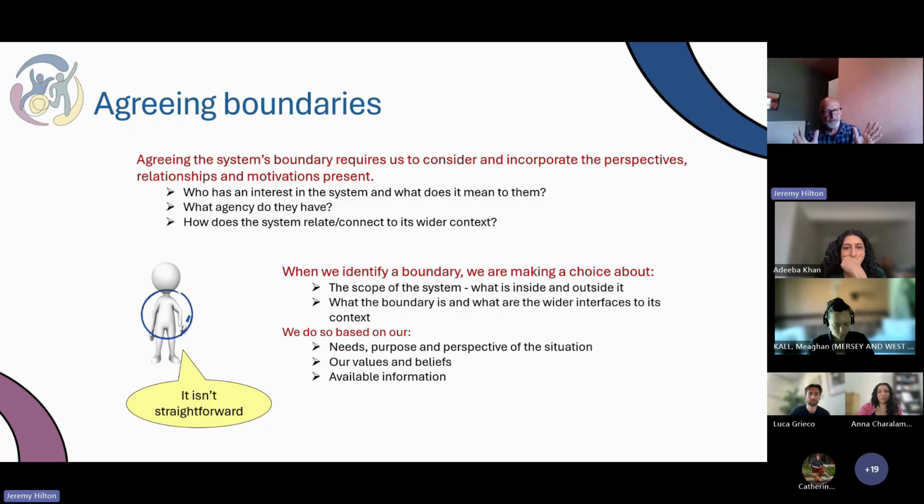All of this is based upon our needs, purpose, and perspective of the situation, the values and beliefs within that, and the available information. So as you can imagine, there's a lot of dialogue and conversation, and the vital part is the work package 1 have been doing and are doing as work packages later on in terms of the co-creation, co-design. They're absolutely fundamental to Sprocket to embed this in the voices of children, young people, parents and caregivers, but recognizing the perspectives and motivations of the other stakeholders and agencies involved.